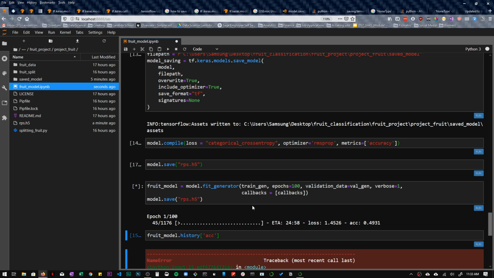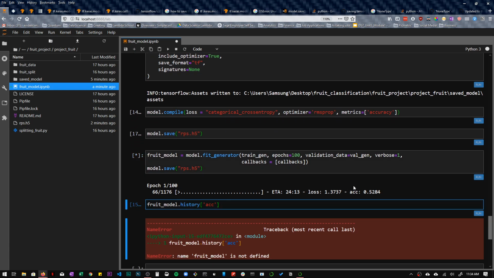Next time when I come back, like this evening, when I live stream again, I'll let you know how the model saving process worked, or if it didn't work, or if I figured out the best way to save a TensorFlow model. I mean, I watched a YouTube video on it, but the YouTube video was vague and wasn't really helpful and didn't explain stuff. But anyway, once we come back, we'll be able to graph the loss function and the accuracy function for both the training data and the validation data. So fingers crossed, and let's see what happens, right?